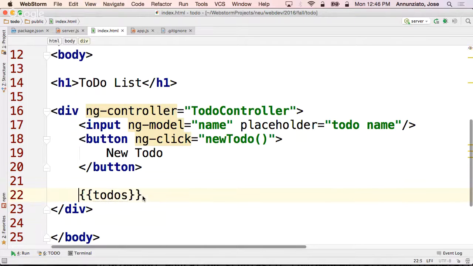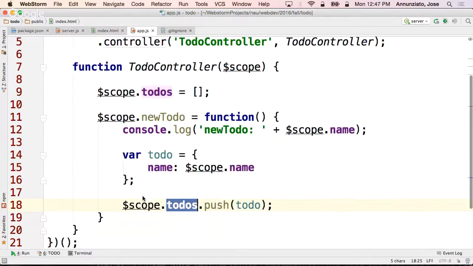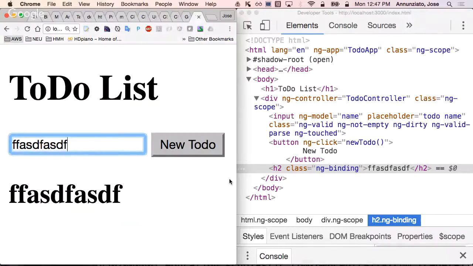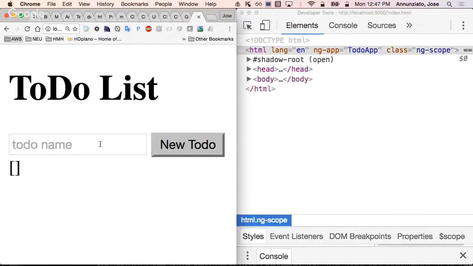Oops. Where's to-dos? Who declares to-dos? The controller declared to-dos, right? And at first it's empty, yes? But as I add things into to-do, I am pushing into that array. So if I click here and refresh, notice that it already rendered an empty JSON array, right? So it already understands that